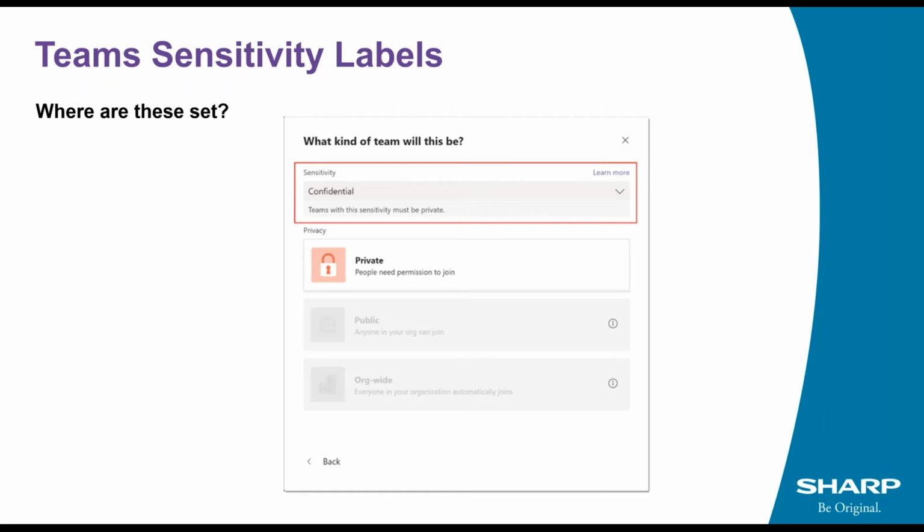So these will be easily set. When we create a team, I'll show you in a sec, you will have an option to select the relevant sensitivity label when you create the team. You create all of these in the Microsoft 365 Security Center, and you then select on those labels what you would like them to do, encryption, whether you'd like it to expire, etc. And then those labels will appear to be used with Teams when you create them. You can also add these labels to existing teams if you wish to do so.